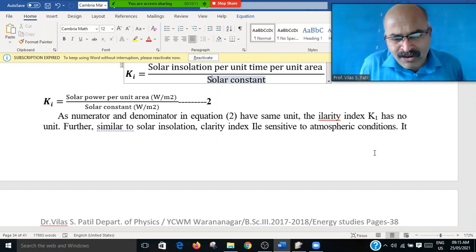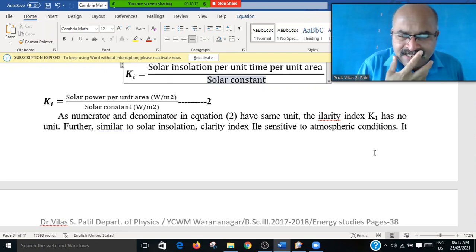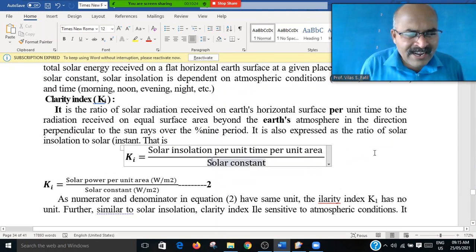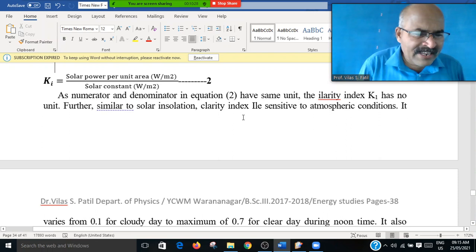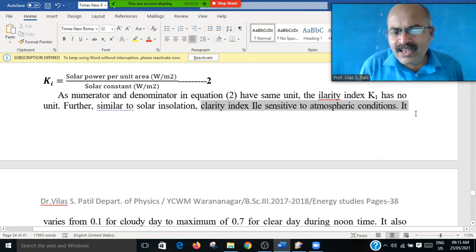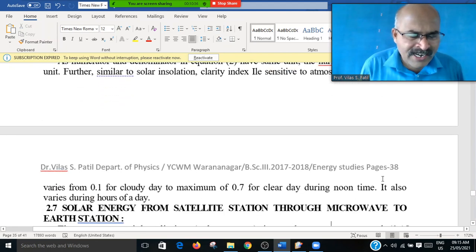The numerator and denominator in equation number 2 have the same unit, so the unit cancels out and it becomes a constant, friends. That is the clarity index, that is the insolation factor, that will be known as a clarity index. And clarity index Ki is a unitless quantity. Further, similar to solar insolation, clarity index is sensitive to the atmospheric condition, and it ranges